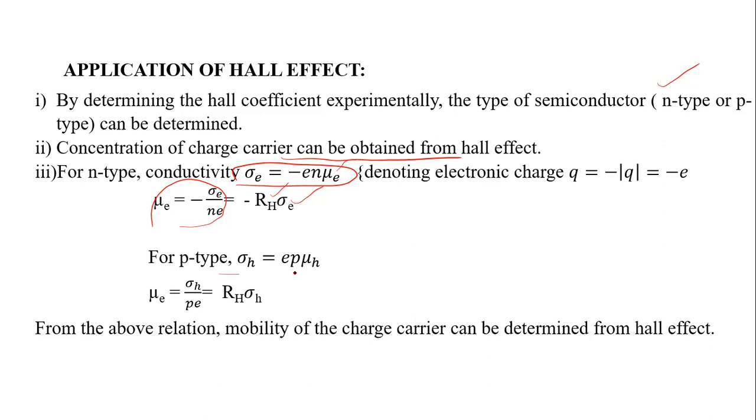Right. And for p-type also, you can calculate the mobility. So the advantage here is that by performing this Hall effect experiment, you are able to determine the type of semiconductor, and also you are able to determine the charge carriers, and